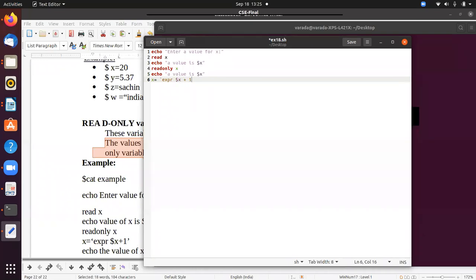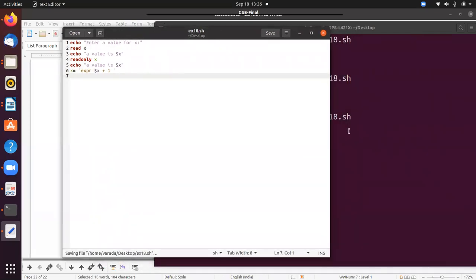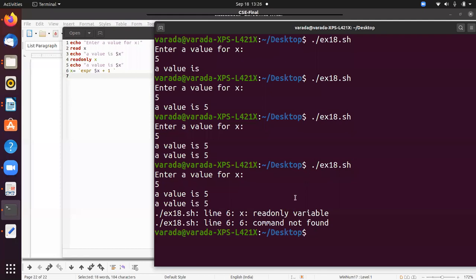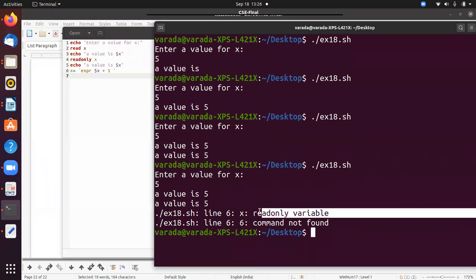I want to manipulate the content in x. Now you can see what happened. I save this function, execute, and enter a value of x. I entered 5. Now you can see that x is read only. X is a read only variable.